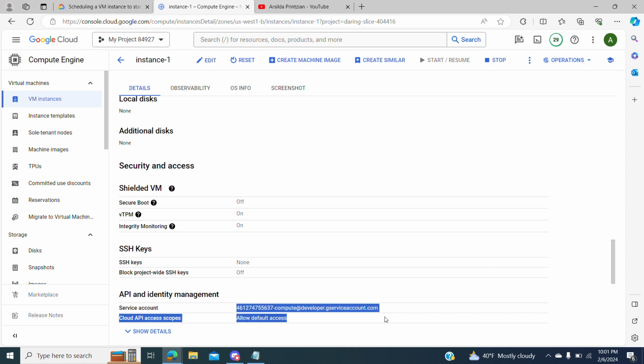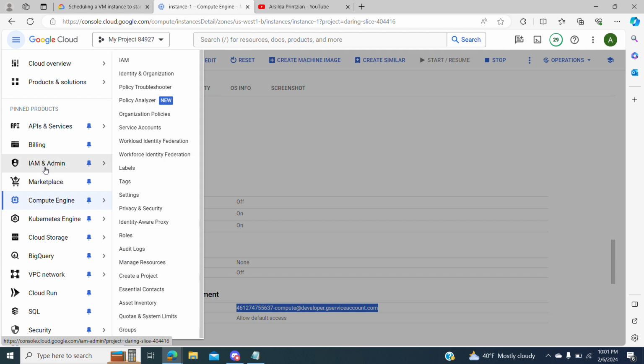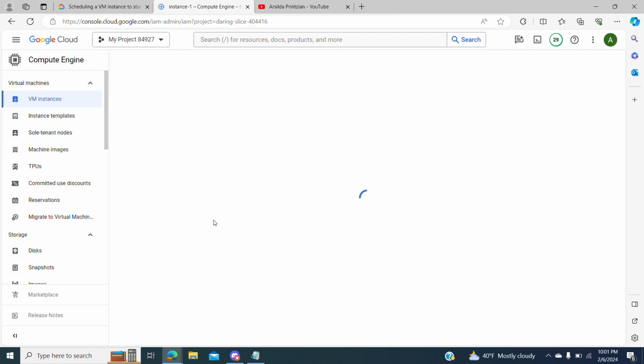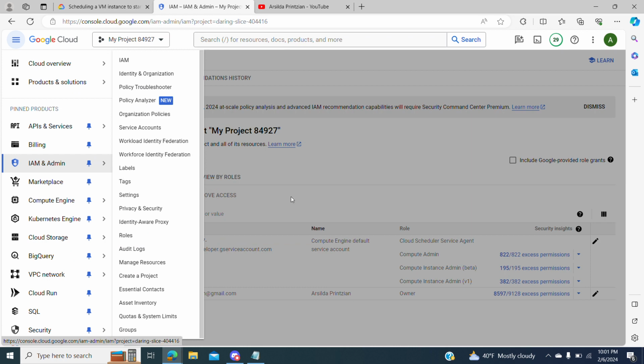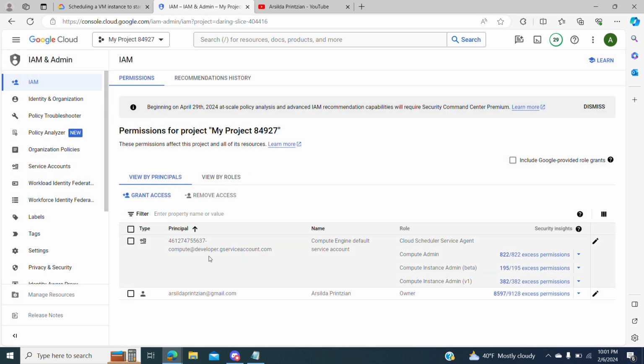This is the user that you have created the instance with, and it's going to be connected even to the instance scheduler. So you go back to IAM admin. Let's go back here, and we see that this is our